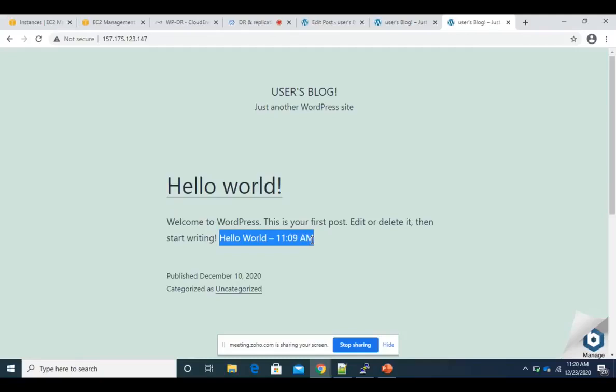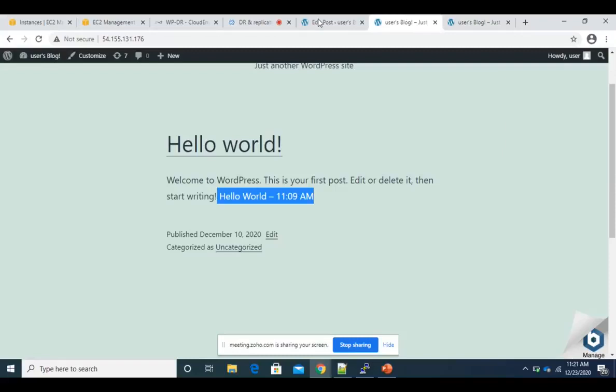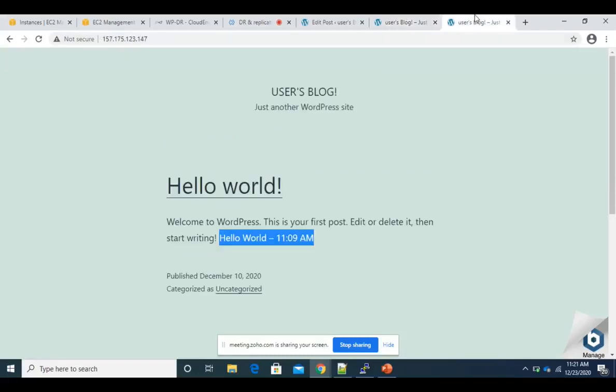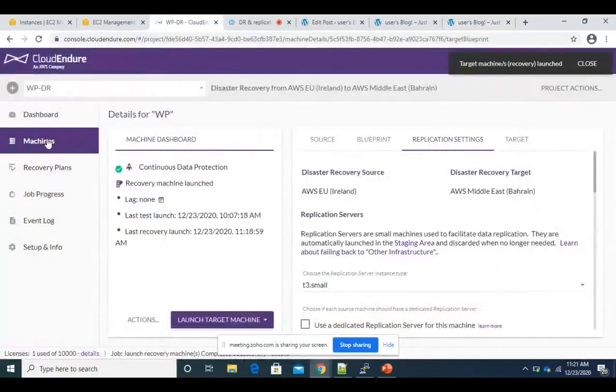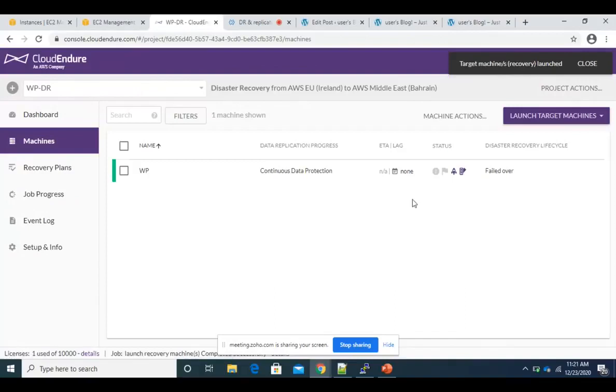This confirms that real-time replication is working through Cloud Endure, right? Because this is the change that we made at 11:09 a.m. in our primary site, which is this one. And the same is getting reflected in the disaster recovery site as well. So our real-time replication is working fine, and the console output confirms the same. If we go to the Cloud Endure console output, we can see the same thing. Everything is fine.